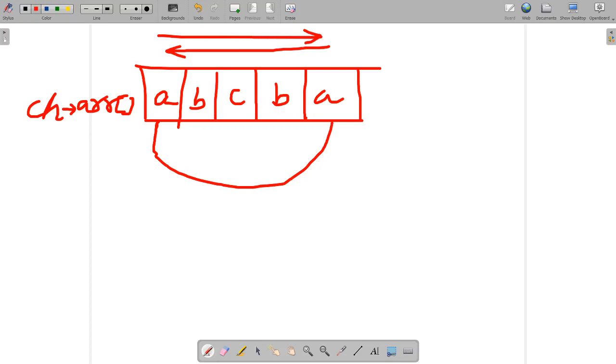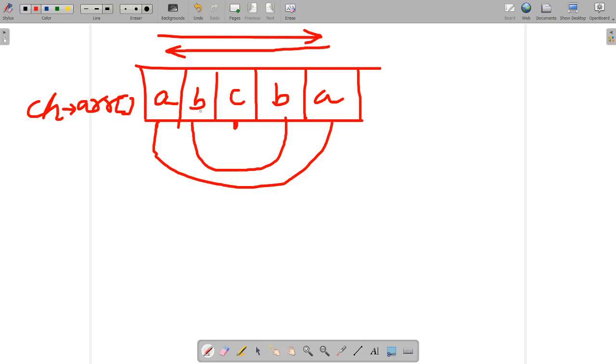Only if the first character is the same as the last character will it be a palindrome. If it is different, it will not be a palindrome. Similarly, the second character must be equal to the second last character. And if we are at the middle, there is no need to check, because both sides reach the same point.